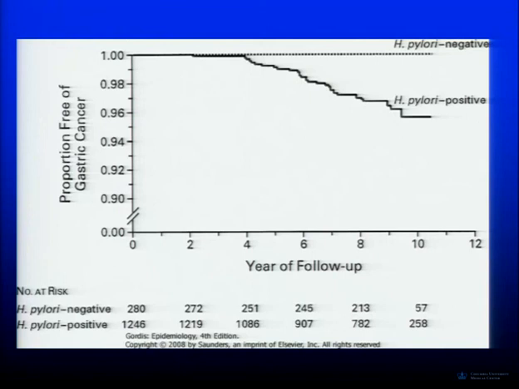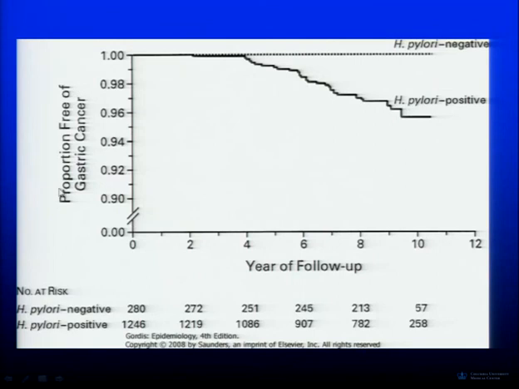And this is also looking at gastric cancer. One of the things we learned about gastric cancer is that if you are H. pylori positive, you are at a huge increased risk of getting the disease. If you are H. pylori negative, you basically don't get the disease. And this is something that we didn't always know. It was found out fairly recently.